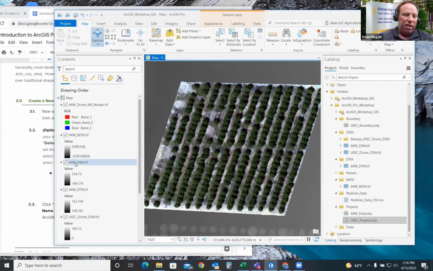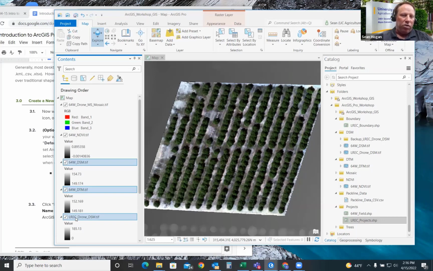I'd like you to go to the 64 West DSM and just click it once. Then press Control on your keyboard. Click the next DTM, and then click the LREC DSM. These are all elevation model data sets, so let's group them together into an elevation folder.